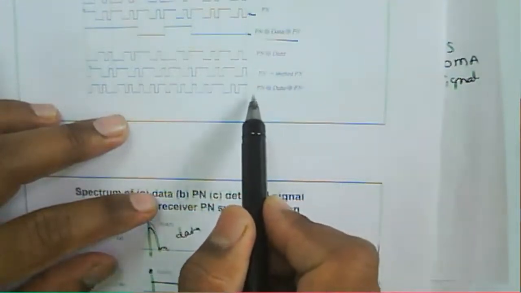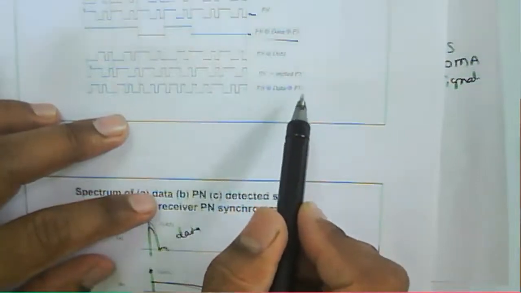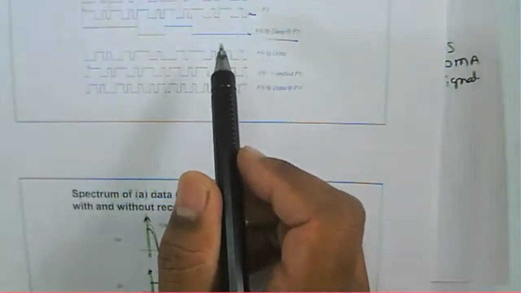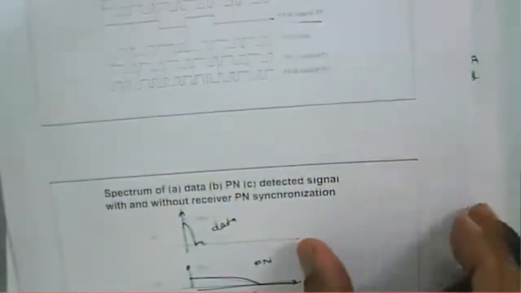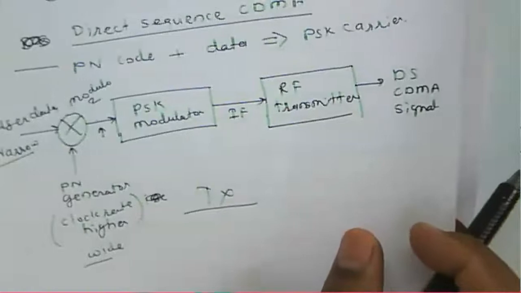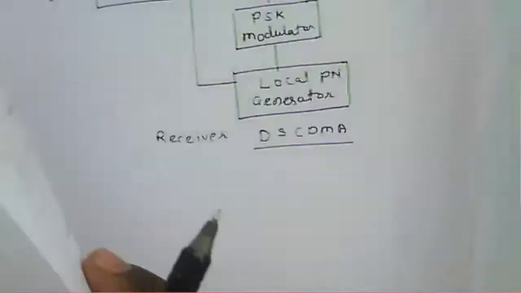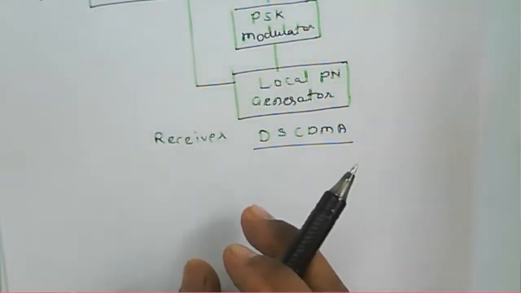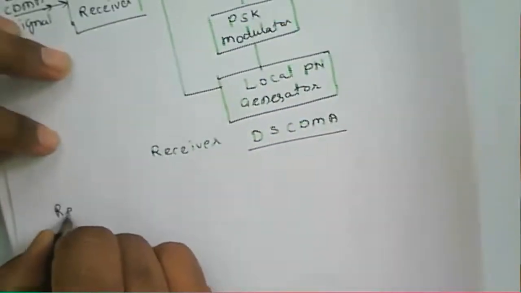So then we will get the output as PN plus data plus PN here. We will not get accurately whatever data we are transferring if that PN sequence is shifted. So that's why we need synchronization of the PN sequence so that we'll get the data. So receiver synchronization is necessary at the receiver side